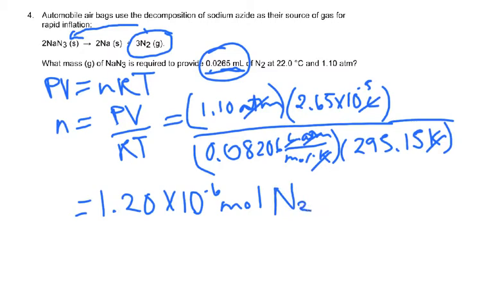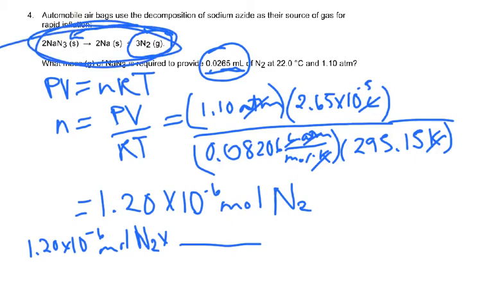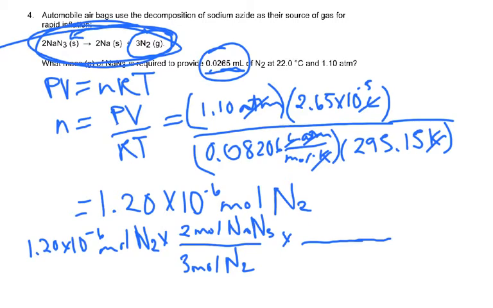nitrogen. Okay, so now we're going to do the stoichiometry. If we have 1.20 times 10 to the minus 6 moles of N2, from this chemical reaction right here, for every 3 moles of N2, there are 2 moles of sodium azide. And then we want grams ultimately, right, of the sodium azide. So for every 1 mole of sodium azide,